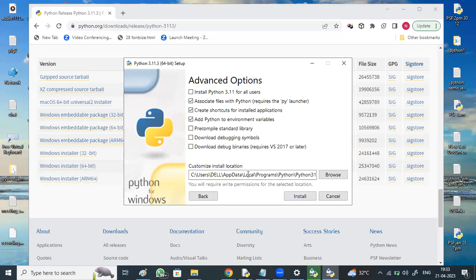By default it is getting installed in C, Users, Dell, AppData, Local, Programs, Python, in some subdirectories. I just want Python to be installed in C:\Python3.11. A folder gets created automatically and Python is going to get installed. So just say install, right?